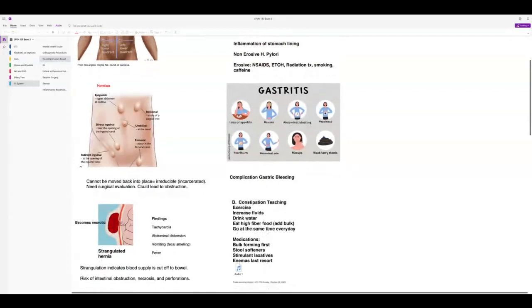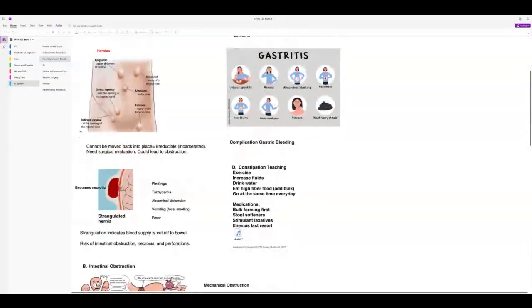The next condition, constipation. I think you probably had this in fundamentals. Patients are going to need to exercise, increase their fluid, drink water, eat high fiber, and try to go to the bathroom at the same time every day. Medications include,